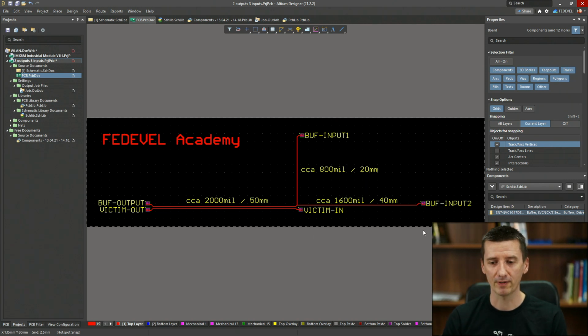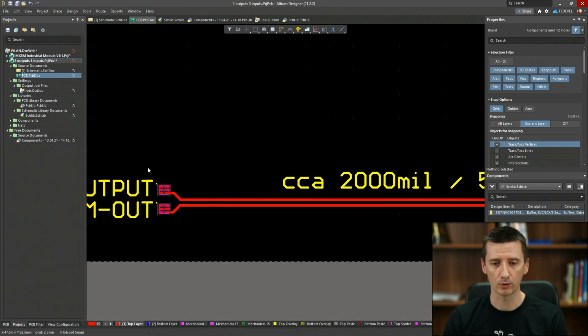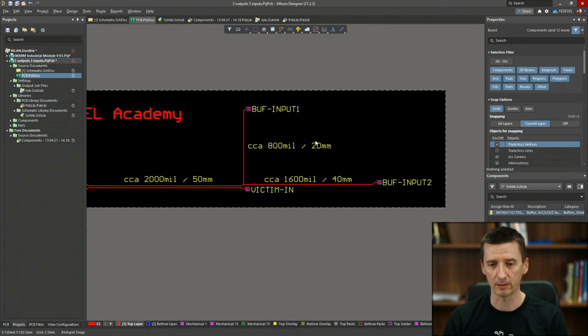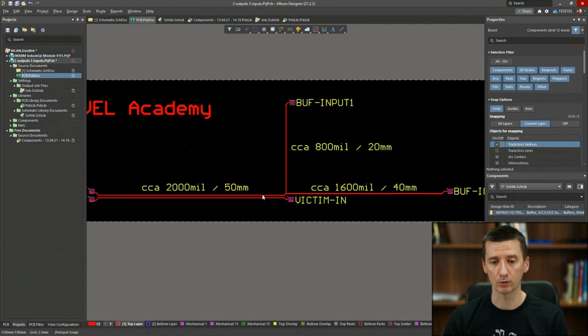So again, when we have a look at this simple PCB, these are the kind of connections that almost everyone will have in their PCBs. For example, this is a connection between one output and multiple inputs. So when you are routing one output, you need to split the track and route it to different chips.